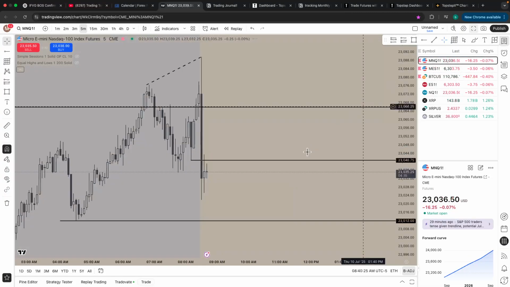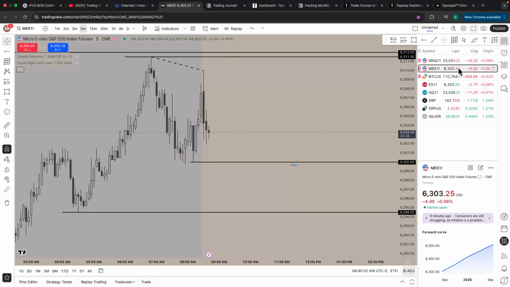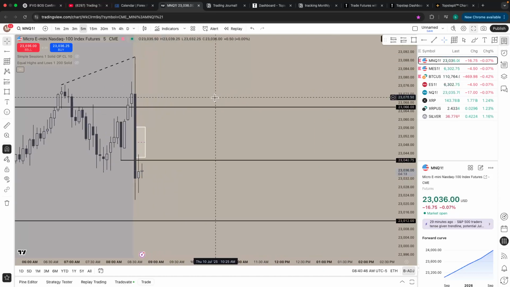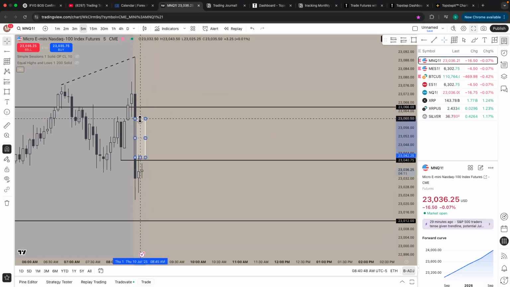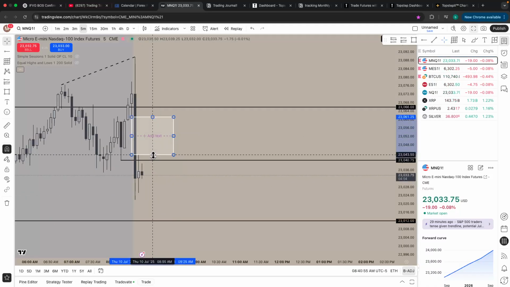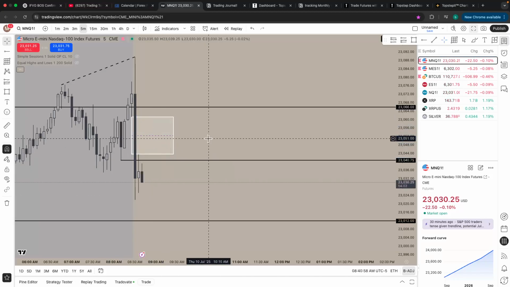We want a 5 minute break of structure, not a 1 minute right now after we got the SMT. I think you could go for a 1 minute break of structure after you get the sweep on the 1 hour, 5 minute SMT, bearish SMT. You probably could get a 1 minute break of structure and then wait for a continuation confluence, but let's just even look right here. Oh, wow. And would you look at that? We have a 5 minute gap that ideally I'd like to see price come back into before it continues lower.